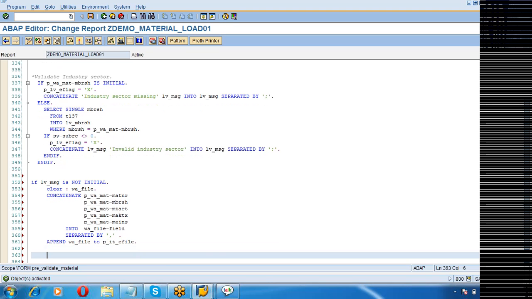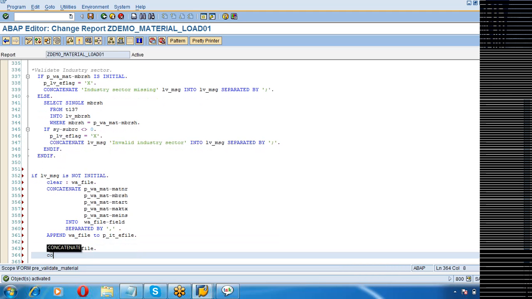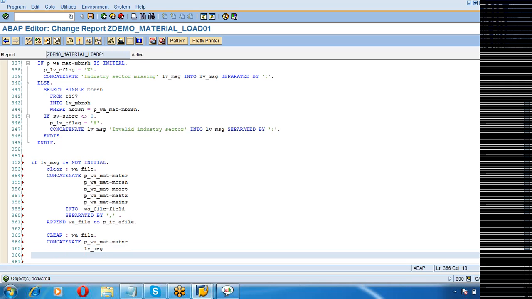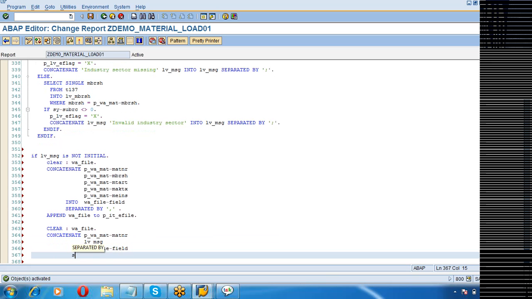Now we have to create the error log file. So again I'll say clear W_file, concatenate P_W_mat-MATNR and LV_MSG. I'll concatenate the message and the material number. That one key field is enough. Try to have all the fields into W_file-field separated by comma.